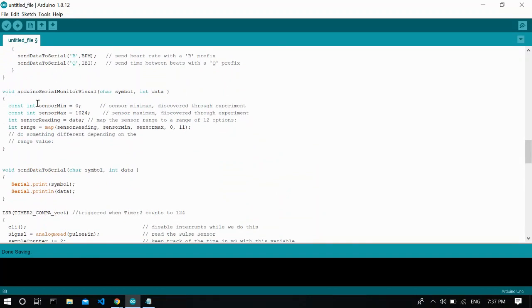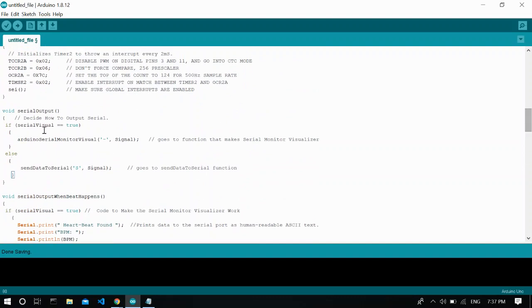We have a void function called Arduino serial monitor visual with parameters symbol, which is a character, and integer data. I have called this function before in serial output if serialVisual is true.